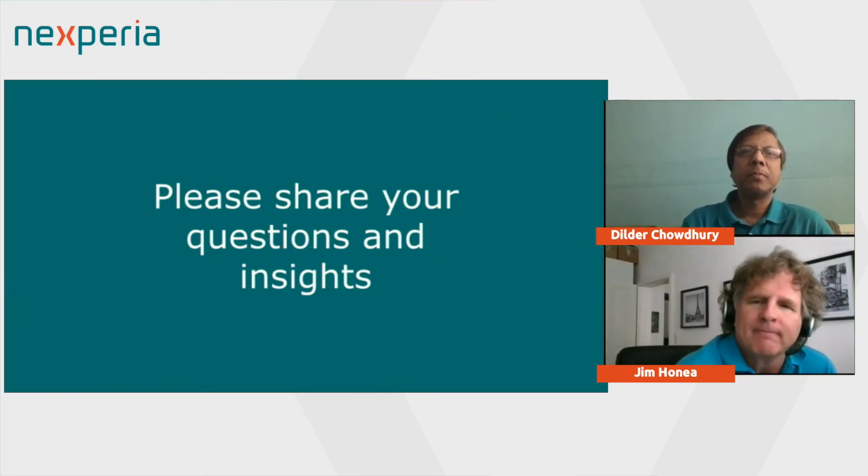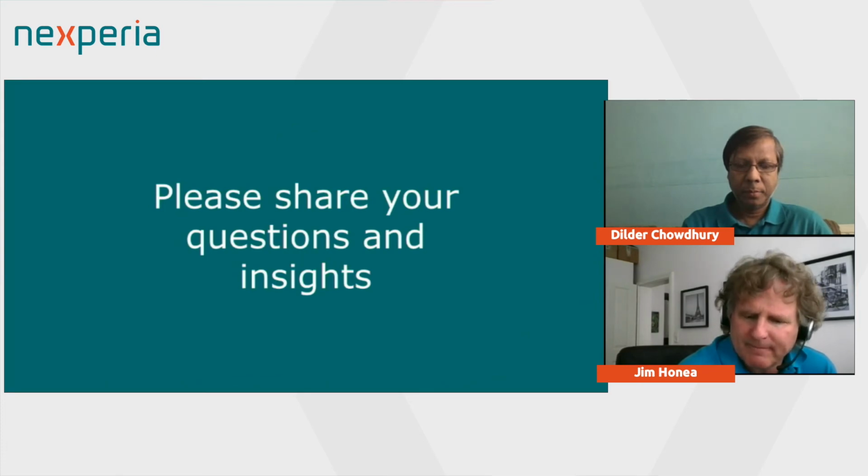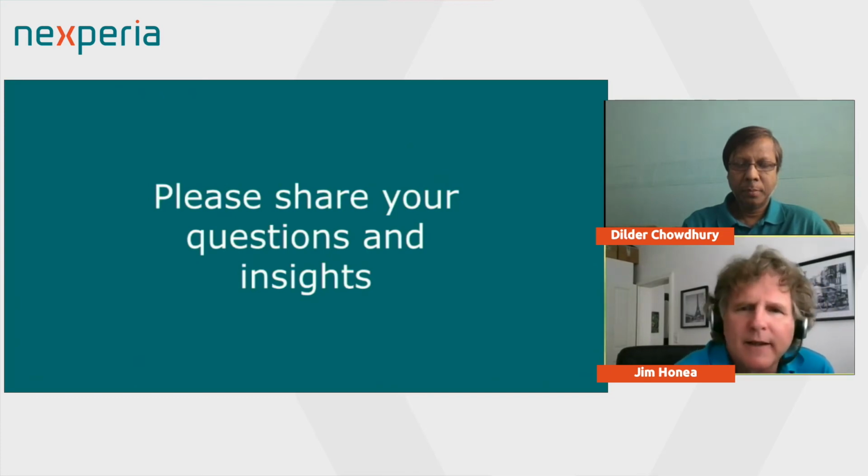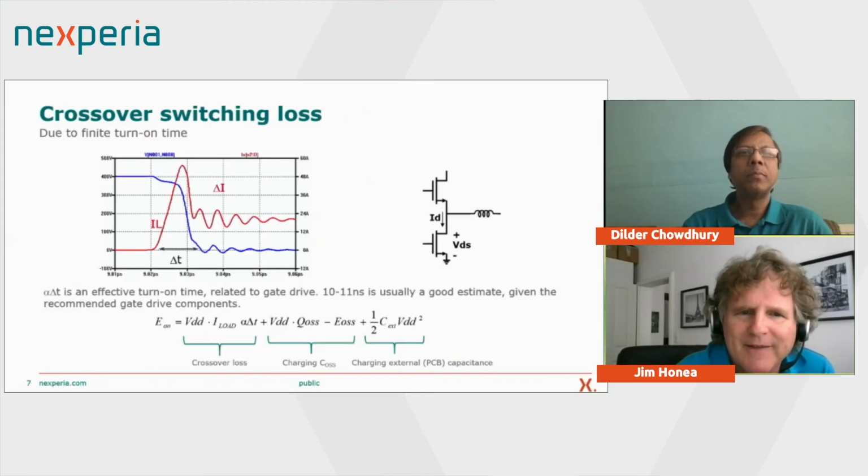Okay, thank you both. And the next question is, you include VDD as the voltage factor in the load dependent loss factor, but can't that voltage be made lower if there is inductance in the power loop? Indeed, that's an interesting question. Let me go back to these waveforms, and the question is, if you look at the blue line there, which is the trace of VDS,